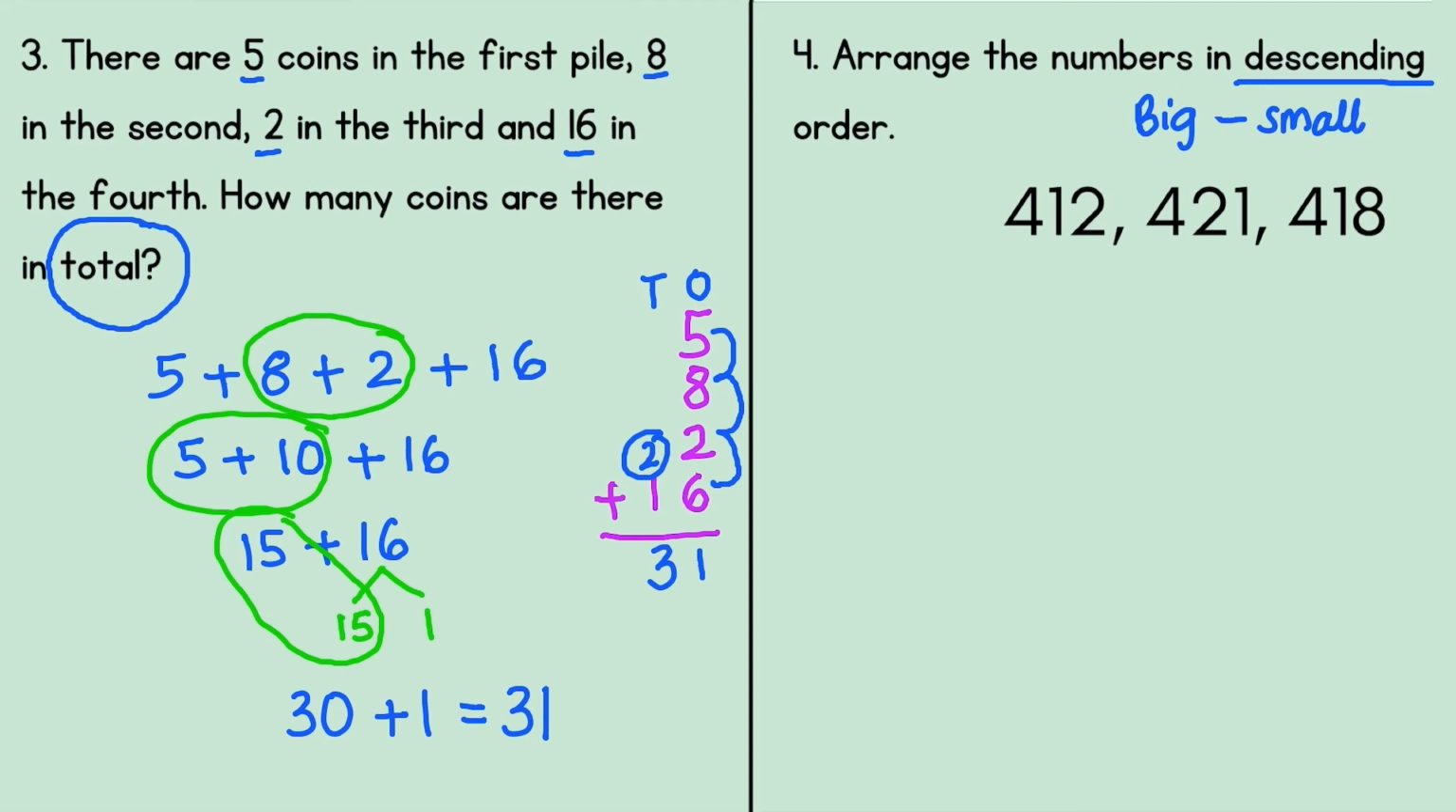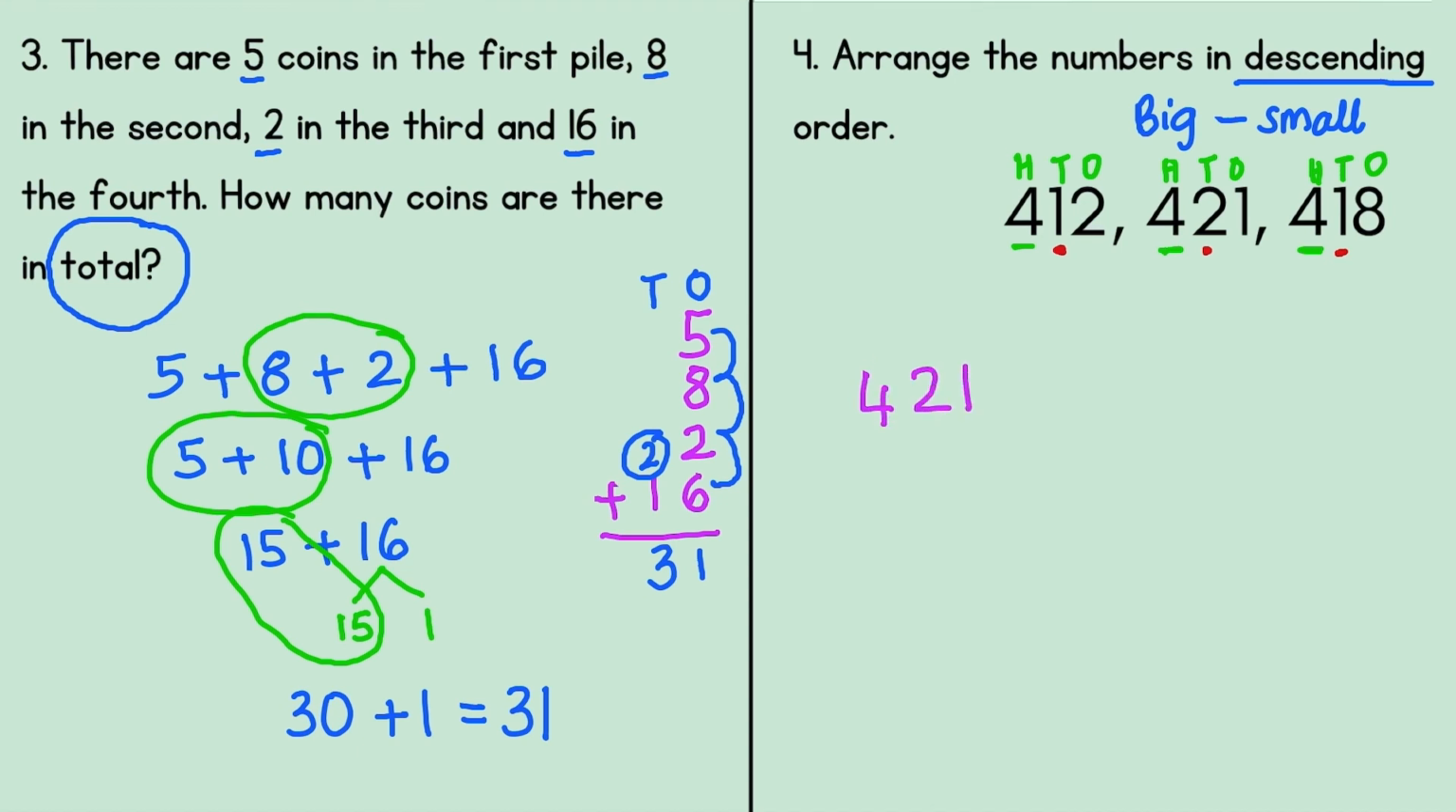Let's look at the numbers 412, 421 and 418. Mark the place value: hundreds, tens, ones, hundreds, tens, ones, hundreds, tens and ones. All the hundreds place are the same, so we will look at the tens place. We have 1, 2 and 1. Since 2 is bigger than 1, our biggest number is